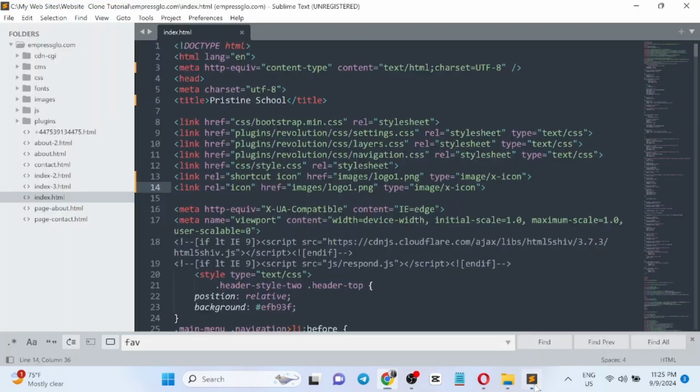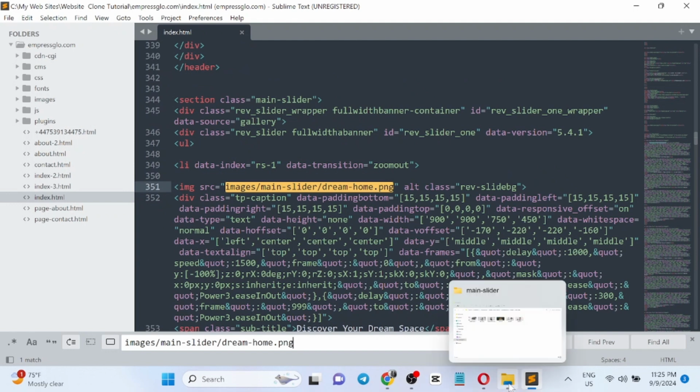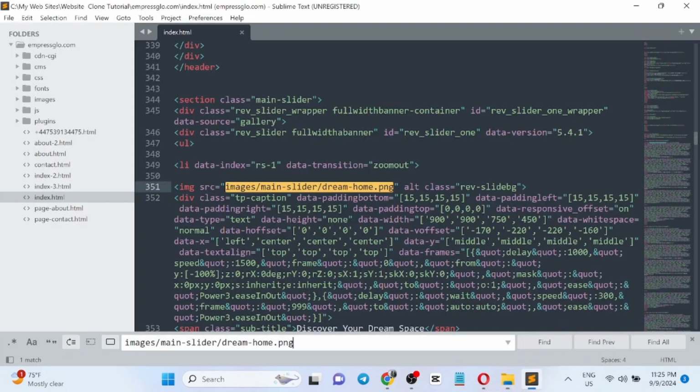Okay, so I'll go straight to my code editor and search for it here. Very well, this is it. So the very first thing, let's go back to those images and be sure they are PNG. This is PNG. This is PNG. This is also PNG. Beautiful. So just come right here and call this one